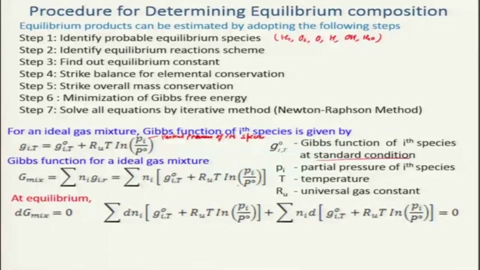That means if I differentiate this equation, say this is equation 1 and this is equation 2, then I will find dNi, that is the change in the number of moles of species i, times the Gibbs function at T naught, plus the summation of Ni times the change in this Gibbs function. But you will find that, because this is a constant, dGi